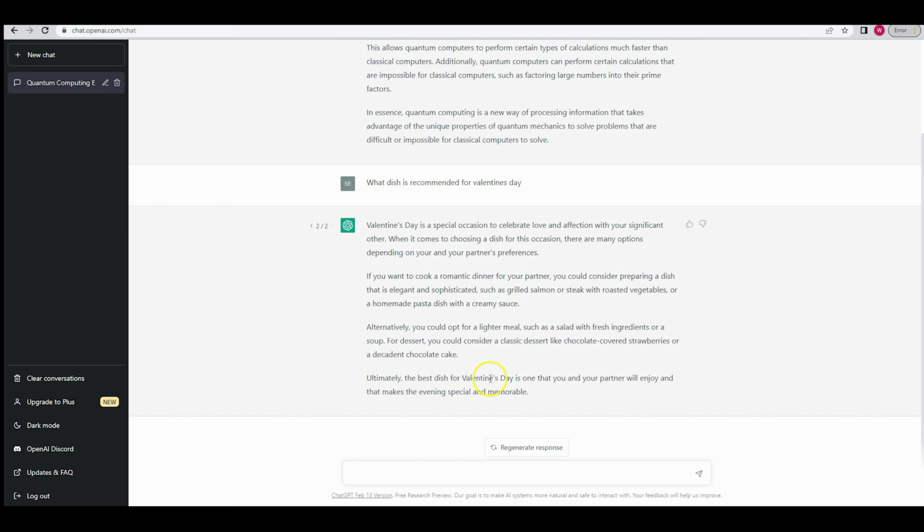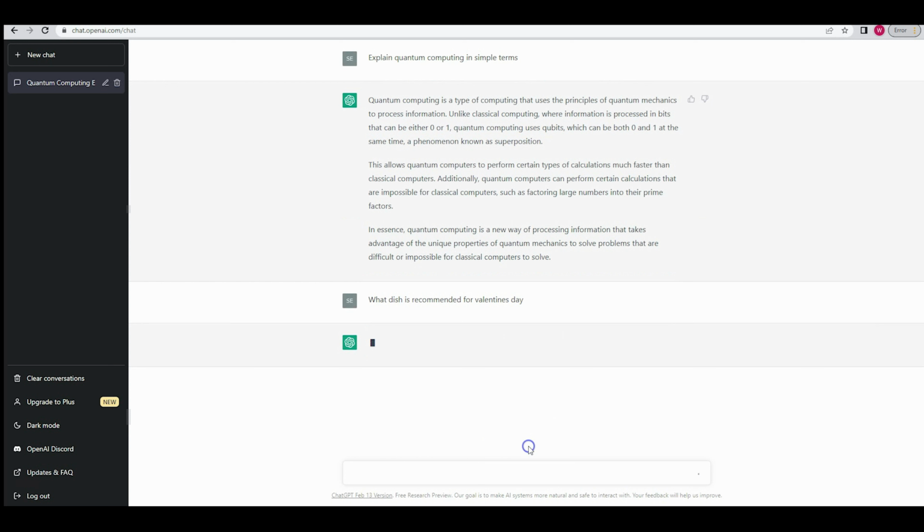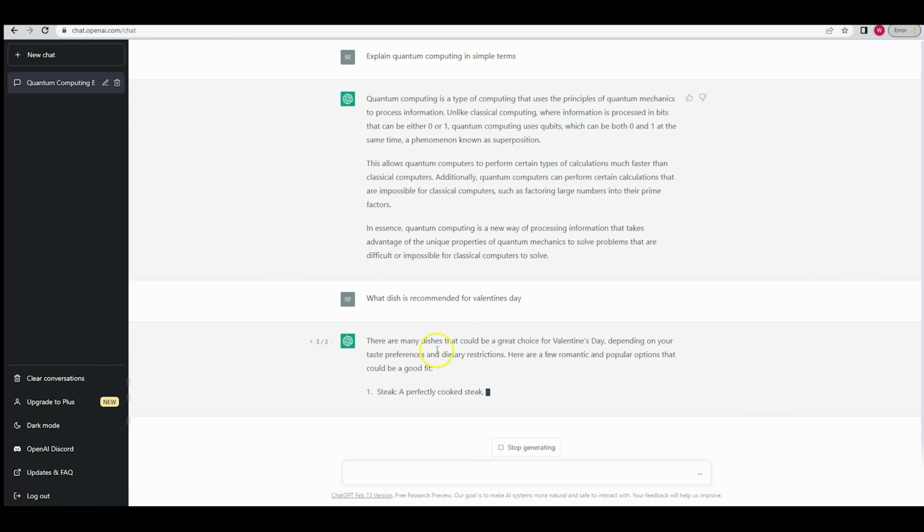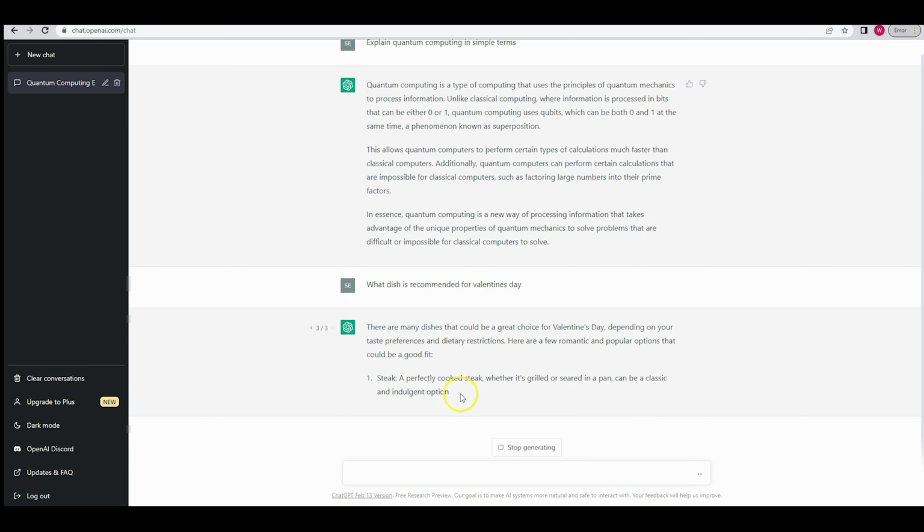Ultimately, the best dish for Valentine's Day is one that you and your partner will enjoy that makes the evening special and memorable. Now, as you see, if you're not happy with that response, you could go on. And then it goes on. Oh, there's one, steak. It's going to give us back,